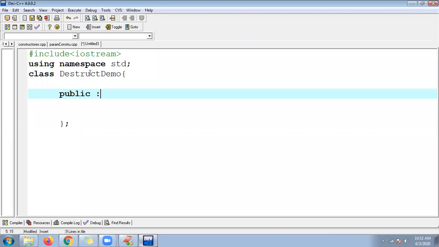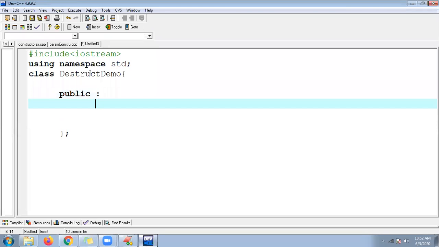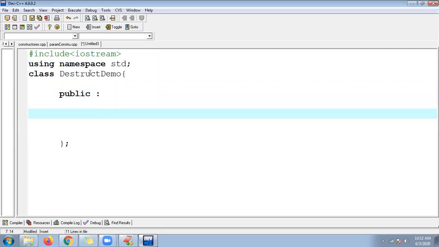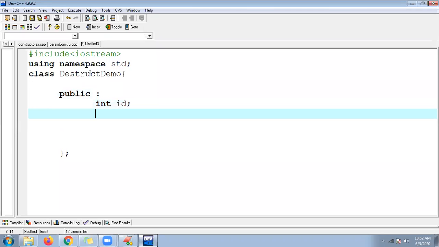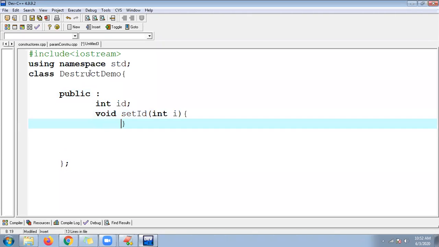These are public data members. Let me use here integer ID, semicolon, and some methods. Void set ID, integer I, opening closing. ID is initialized with I, semicolon.